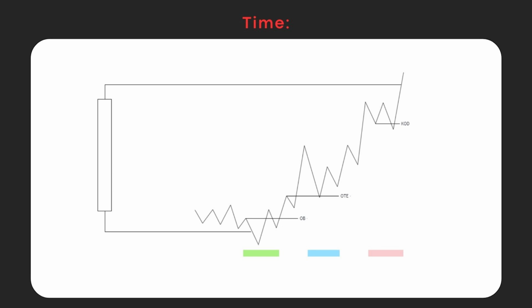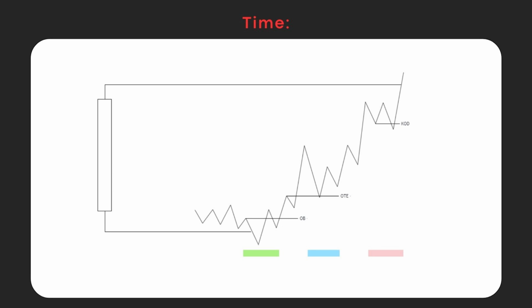So you can see the purge occurred at a key time, and after that we had a CSD, or a change in the state of delivery, because price closed above the leg or the candle that purged the CRT. When such swings or candles which purge the CRT are engulfed in the form of price closing above it, an order block is formed there, right? And those are the two fundamental aspects of an order block: filling liquidity or purging liquidity, and then price closing above it or below it, right? And after that is done, price will test that order block, find support there, and expand from there towards the drawn liquidity,